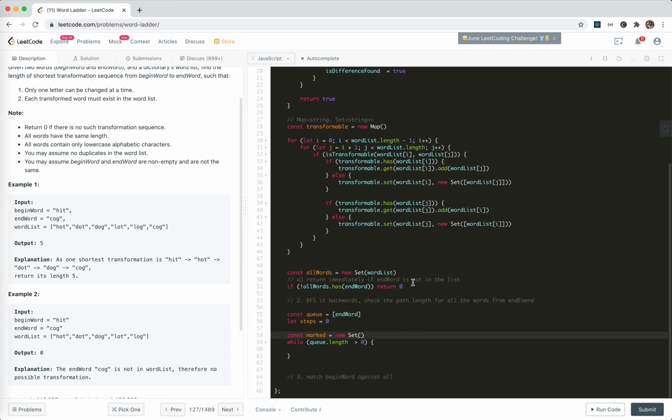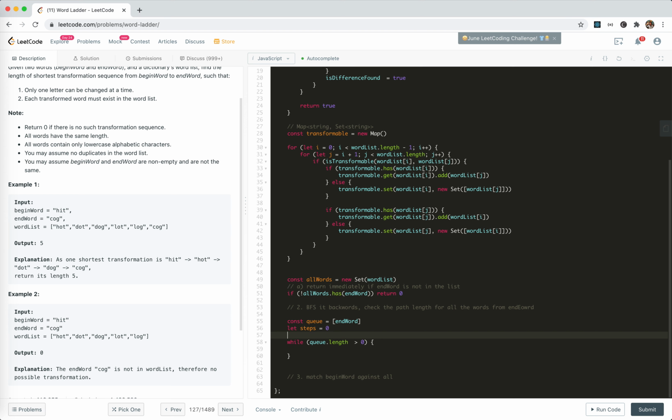I can use a set. If that's the case, I think we can say if it is available or not. So we use all words, right? Okay. All words, available words. Okay. And then we can just check the word if it is available or not. Cool. While it's in it,